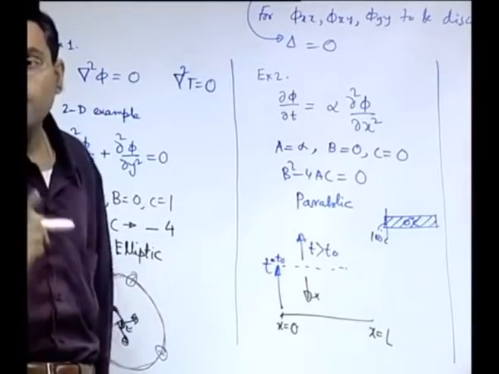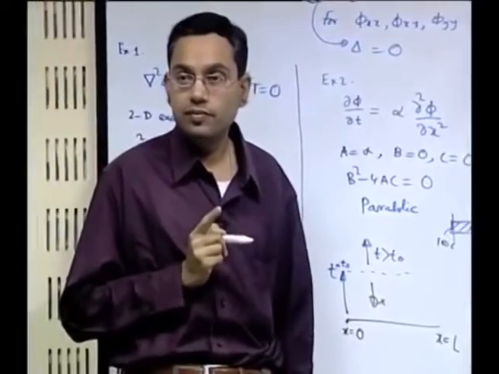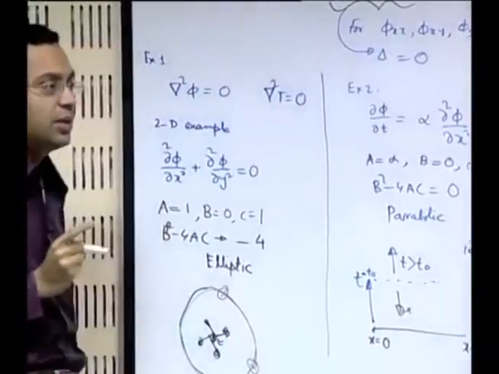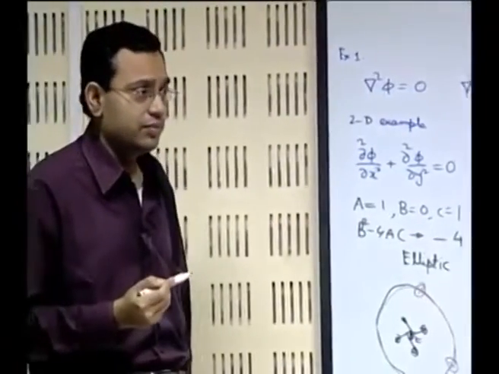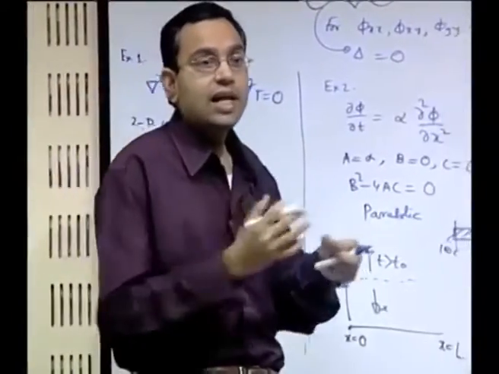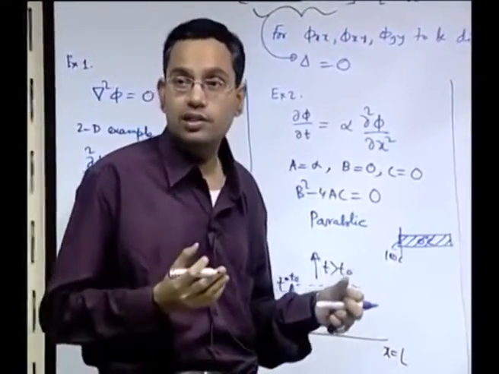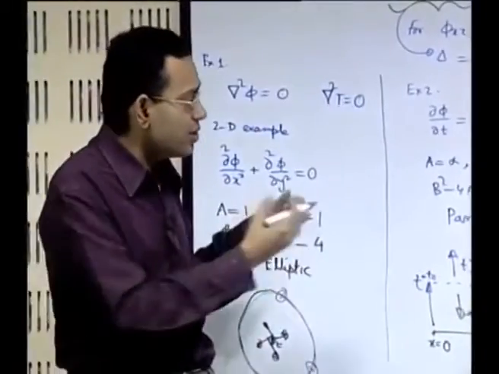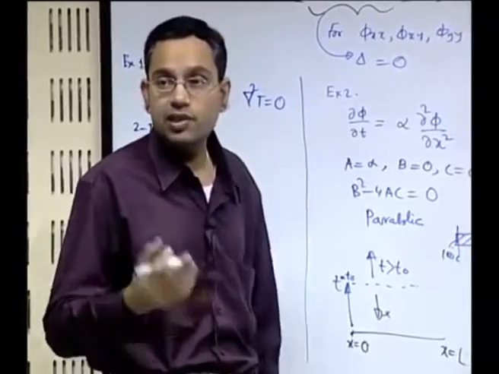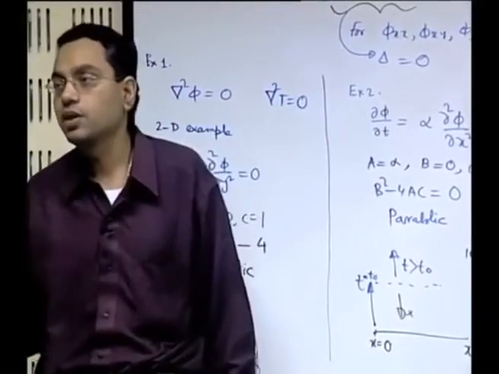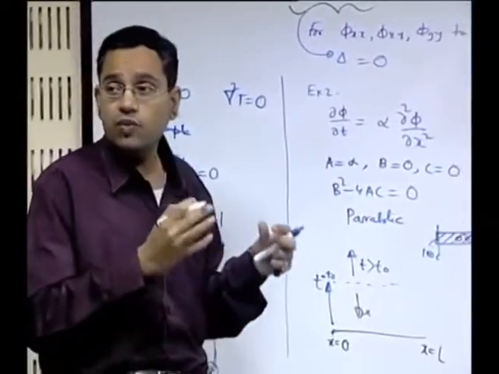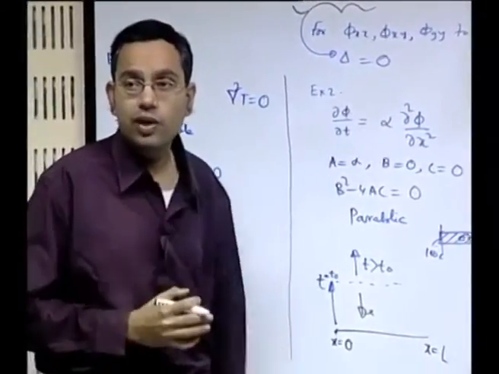So, time is like a one way coordinate system. There is a special characteristic of the time coordinate system: it is a unidirectional coordinate system. We will later see that if you combine time with space, that need not remain a one way coordinate system, or we will also see certain examples where space can also behave like a one way coordinate system. It is not always necessary that time is the only example of a one way coordinate system, but it is intuitively more obvious to consider time as a one way coordinate system.